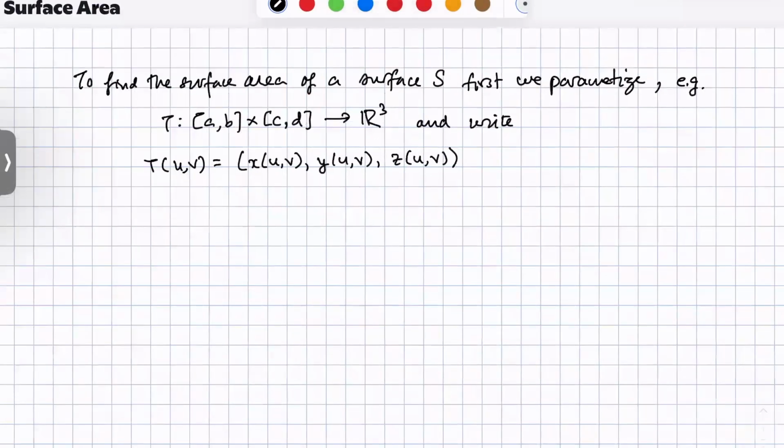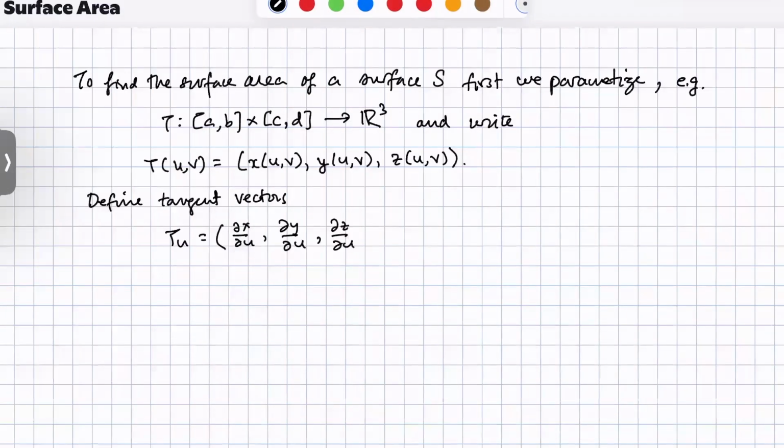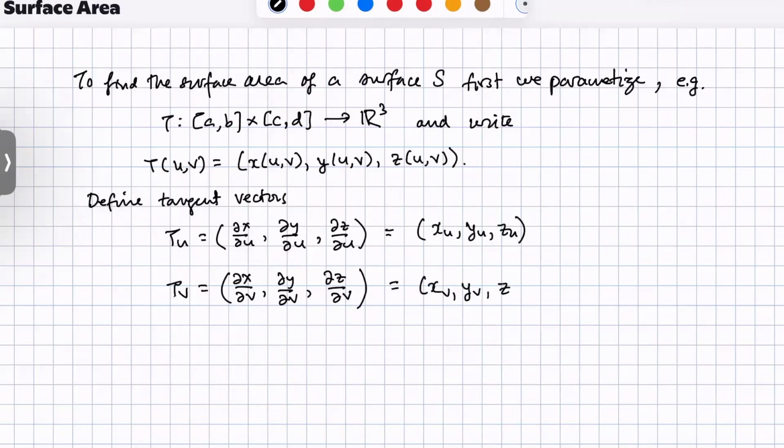Once we have this vectorial representation of the surface, we can define some so-called tangent vectors. Tu equals dx/du, dy/du, dz/du, essentially taking all the coordinates here and differentiating by u, and then Tv is dx/dv, dy/dv, dz/dv. As a matter of notation, sometimes we write xu, yu, zu, and xv, yv, zv to mean